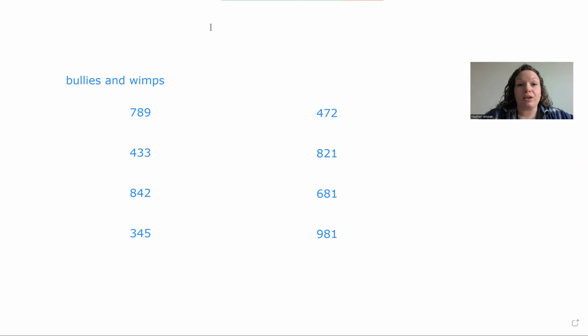And so we're going to round these first numbers on this left side to the nearest tens. And so I'm going to underline the tens, and I'll explain what bullies and wimps means. So I'm going to underline these tens, and then we're going to look over at the next number. And if it's greater than 5, we're going to round up. So that just means that we write up to that number, and the 8 becomes a 9, and then we